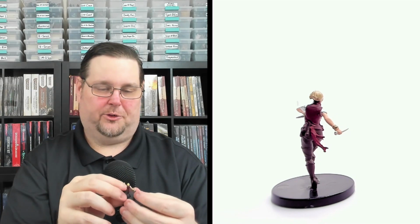So she's rare. She's on a medium base. Definitely a great looking rogue or assassin type character, even a fighter character. She looks really good. She's lean, mean, and she is a killing machine. Got great face details, great armor,